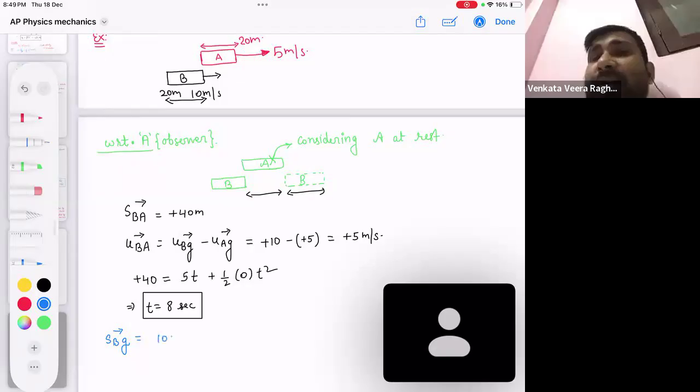What is the total length? Do you understand the question? What is the total length of the road used in this overtaking process? Please tell me. The total used is